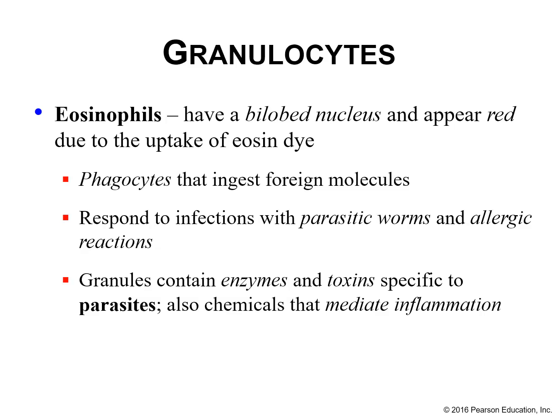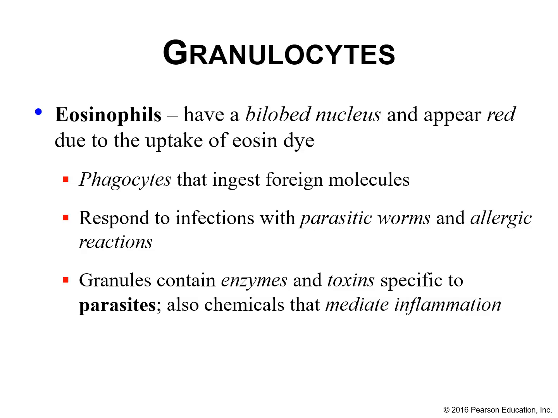The second type of granulocyte will generally have a bilobed nucleus, and these are the eosinophils. Since they take on an eosin dye and appear red, their granules appear a bright red, and they're called eosinophils. They're also phagocytes. They're slightly larger than the neutrophils, and they're generally going to ingest foreign molecules such as